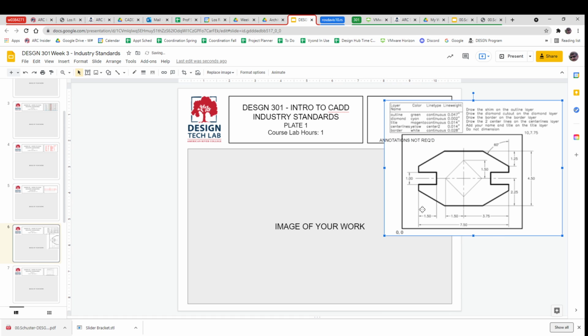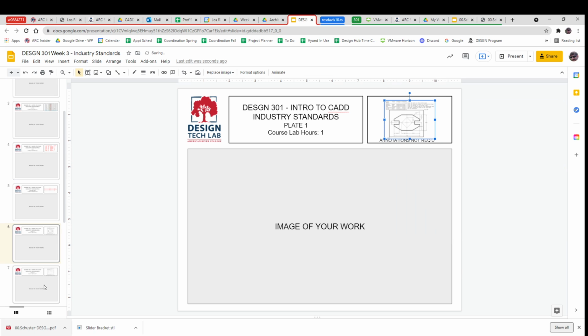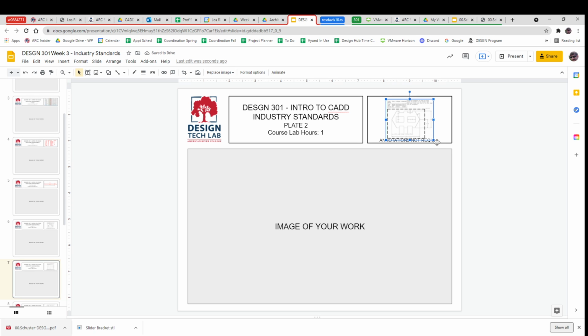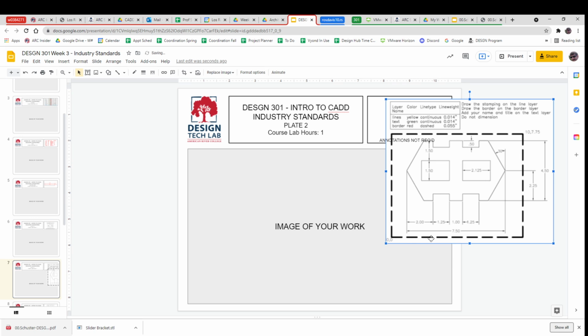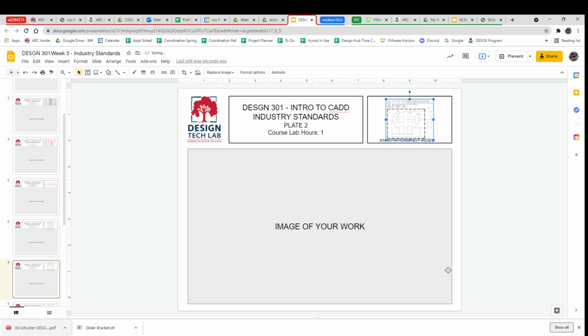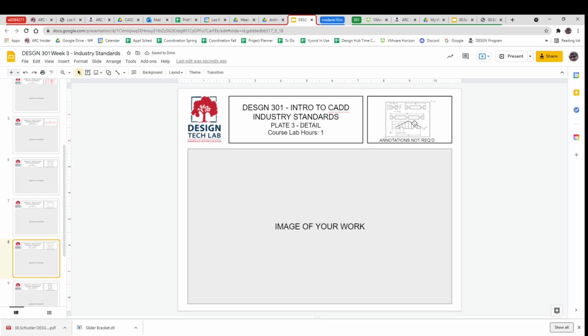You're just going to draw some stuff with different layers, and it's going to look all funny, but it's going to show that you can do these things. Here's another just weird shape. You would never make a drawing like this, but it's showing control over these things. Here's one